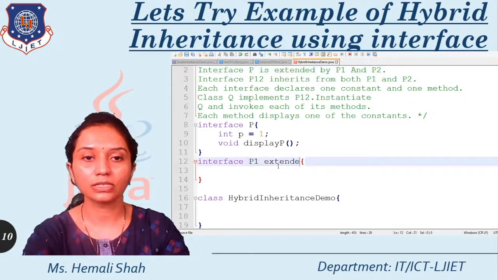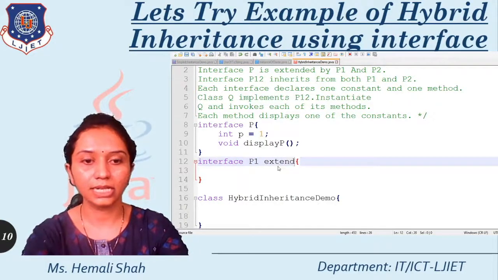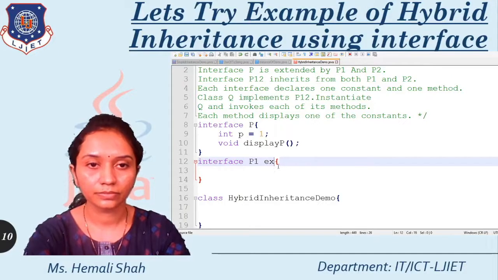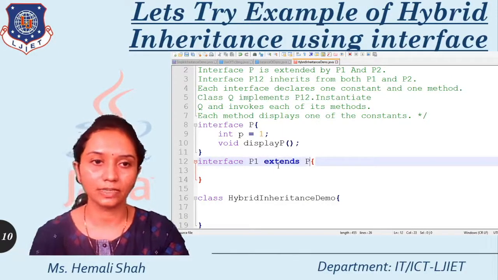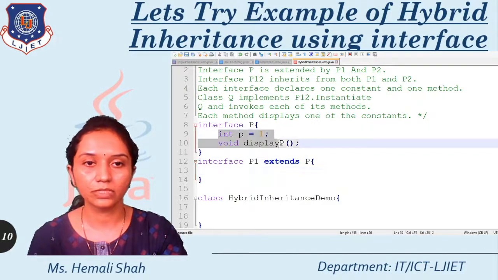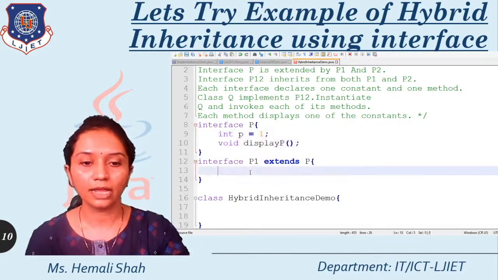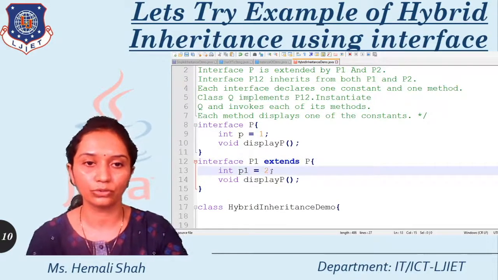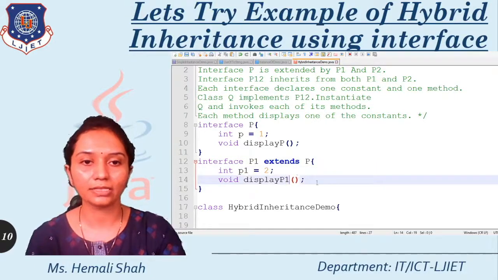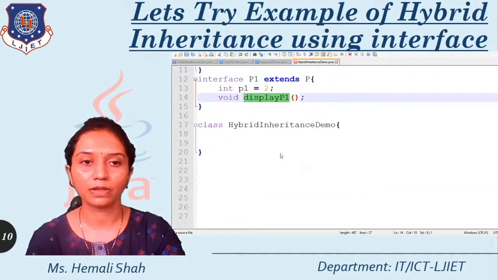So here you just need to write extends the existing interface p, and here I am just going to declare one more constant p1. In p1 I am declaring p1 with the value 2, and I am making the function an abstract function display p1.